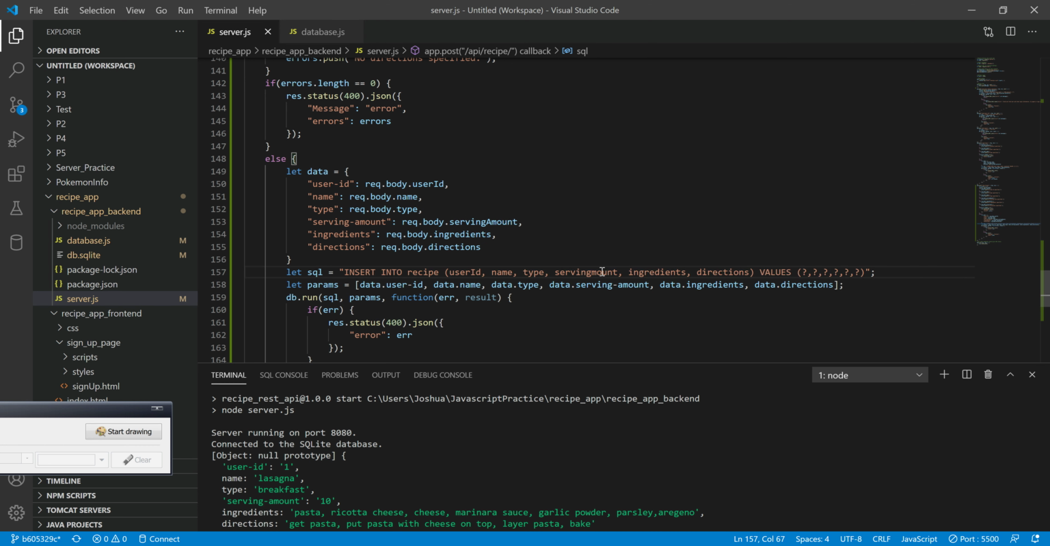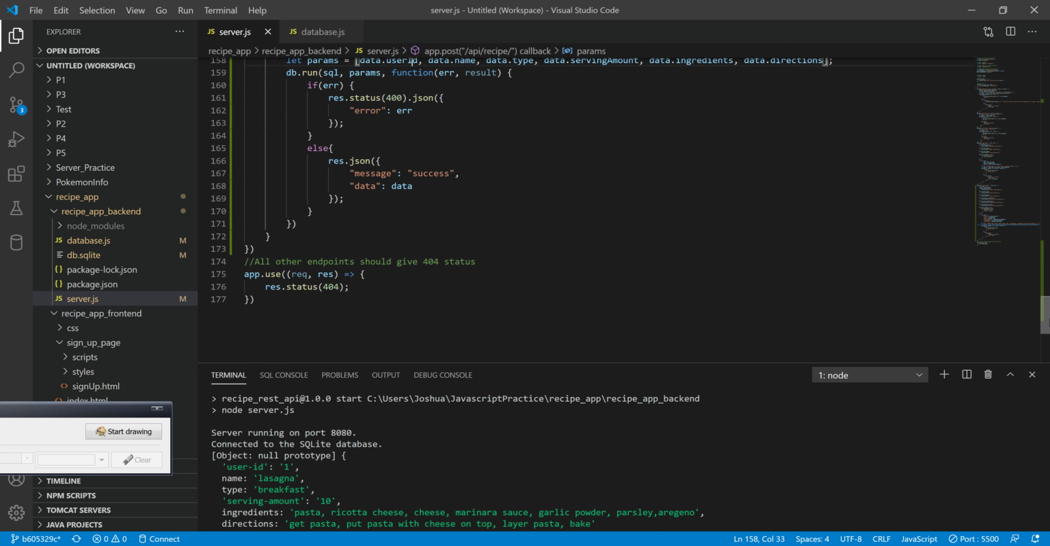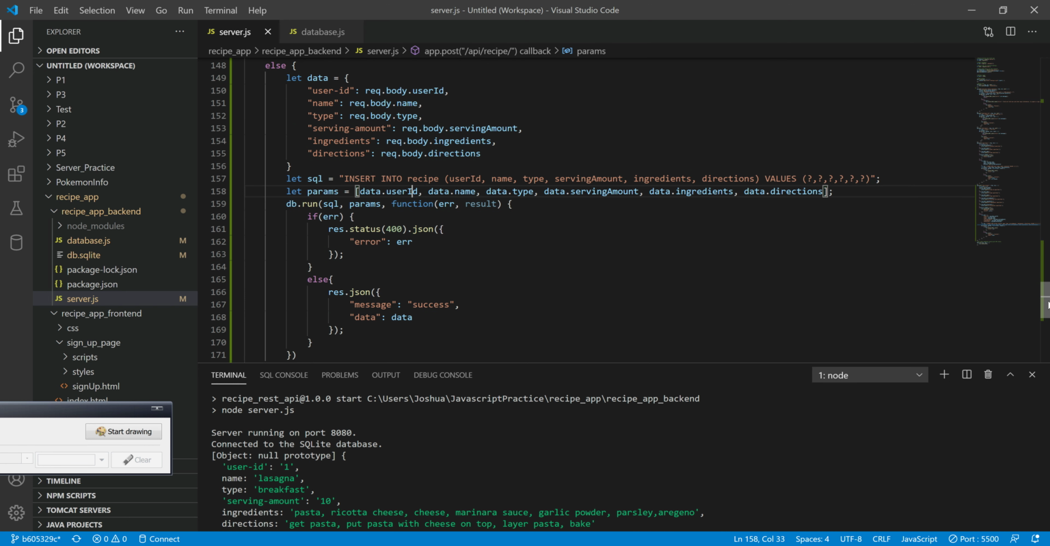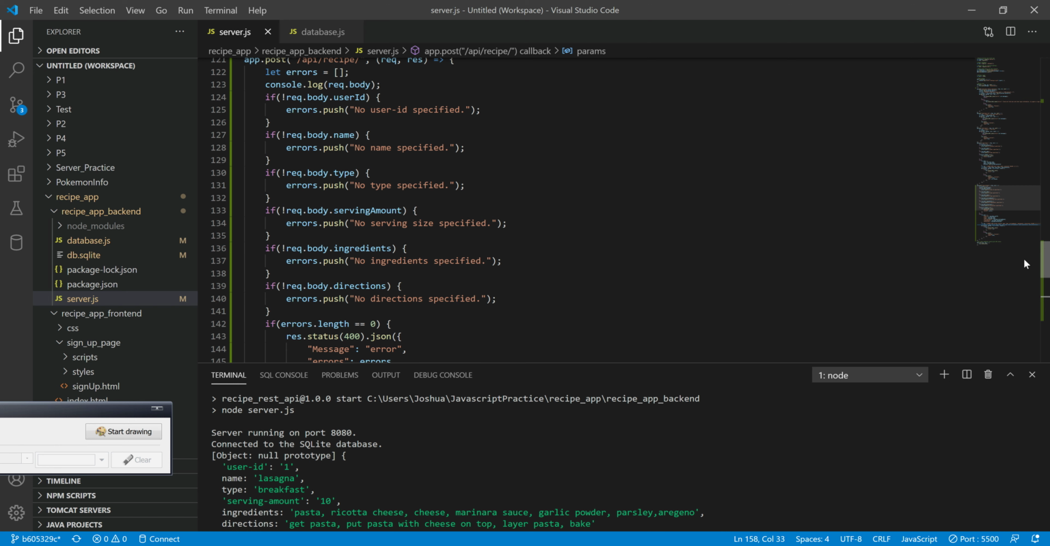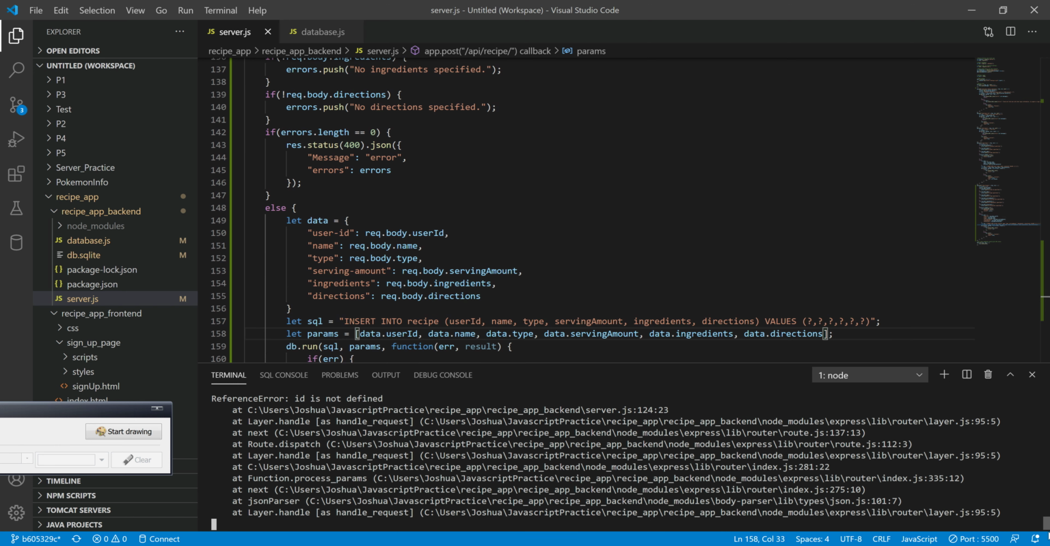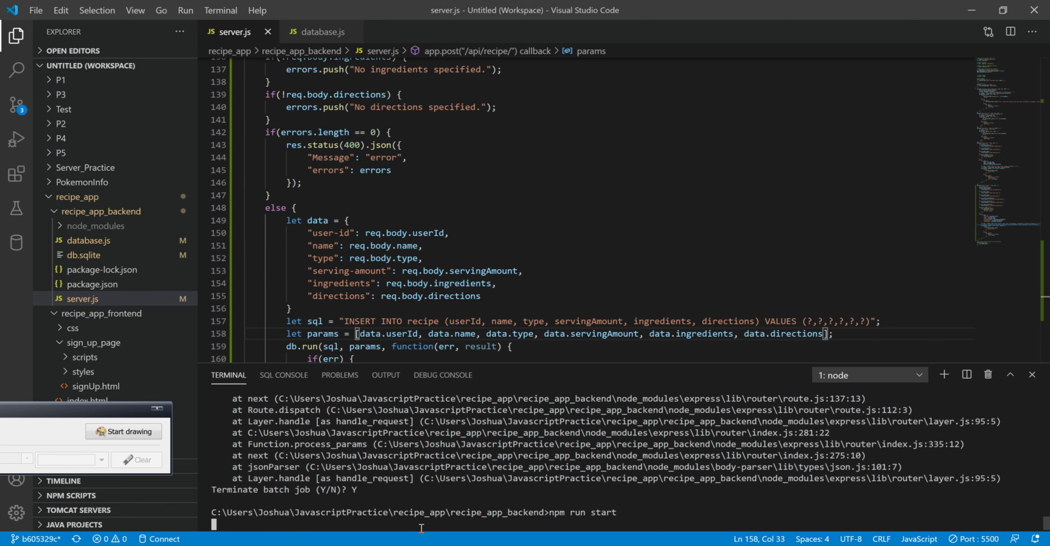User ID. Serving amount, yep. Here as well. User ID. Serving amount. Yep. One more time. Serving amount. User ID. Yep. Okay,